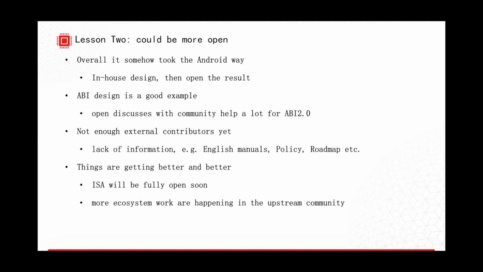And the next lesson is that I think we could be more open. Overall, for the previous work, it somehow took the Android way. That means we design everything in-house, then open the results, but not the whole process. API design is a very good example, because the API is totally designed in-house, but the API is related to many components.